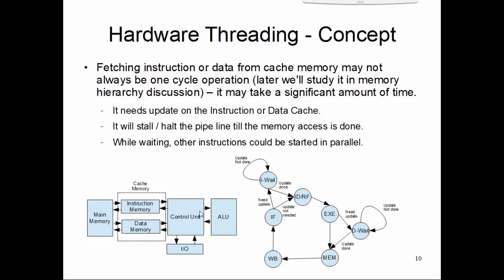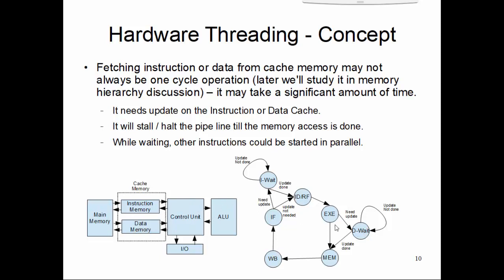So if that is the case, then our 5 cycle, remember our 5 cycle execution: instruction fetch, instruction decode, execute, memory, and write back. Now we need to handle this situation, as I described, we need to introduce something like a wait state. Why? Let's say